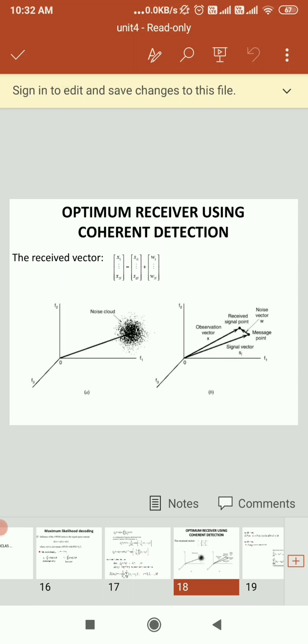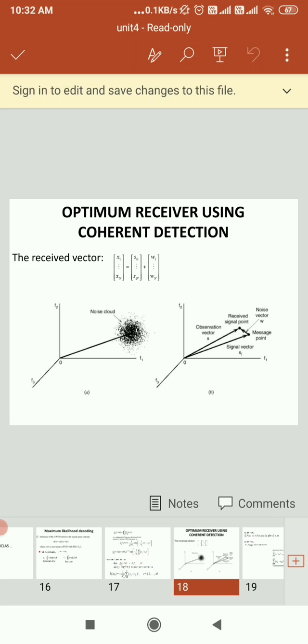This we can do by suppressing the noise and emphasizing the signal. So here we can use the integrate and dump circuit. The integrator will integrate the incoming input, which we take as x of t. The dump switch discharges the output of the integrator at the beginning of each bit interval. And the sample switch samples the output of the integrator at the end of the bit interval. So it is clear that the switches are driven by the bit synchronizer output.